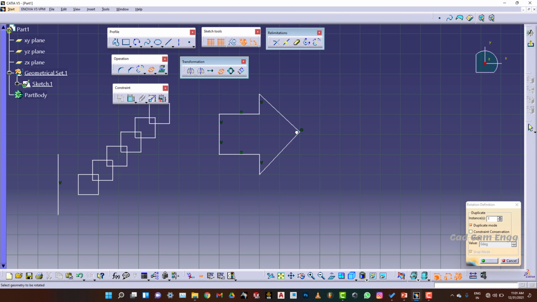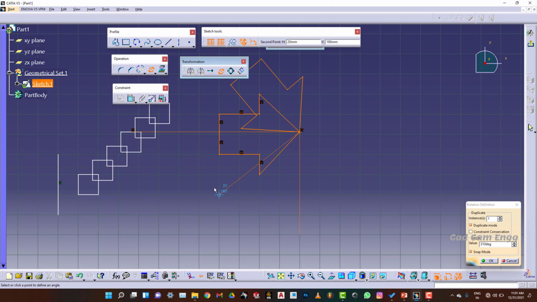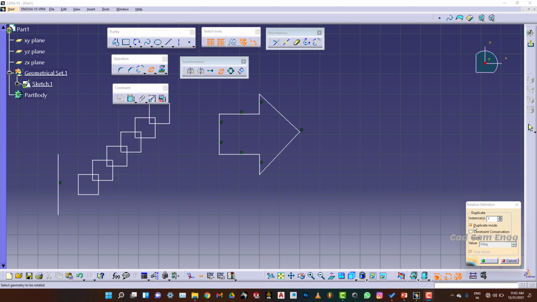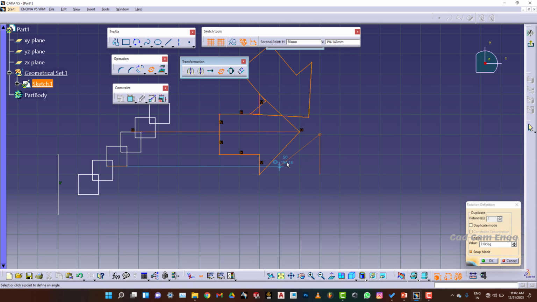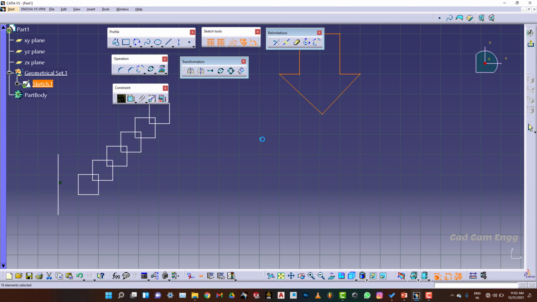So I am giving rotate, and then I am selecting my object. Then I select a point and give a distance. From this you can rotate wherever you want. If you uncheck duplicate mode, your object will not be duplicated. You have to select the object, select a line, and then turn around. That's it. Your object will be turning around.